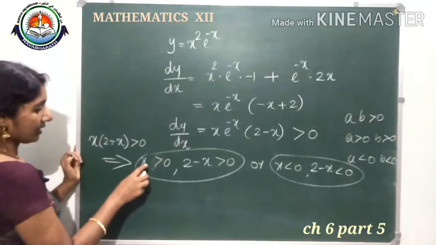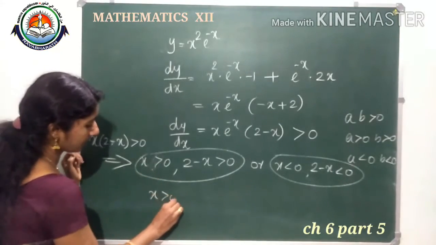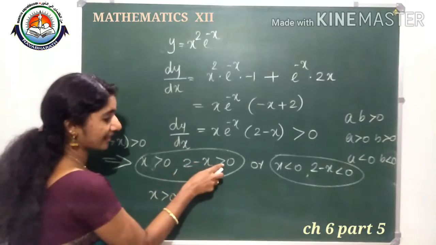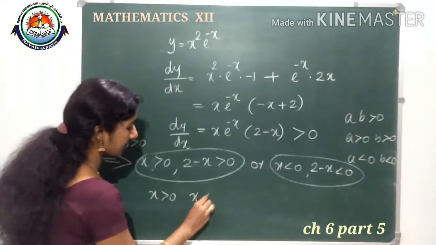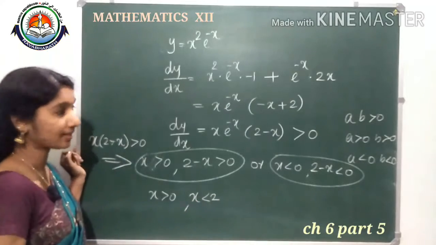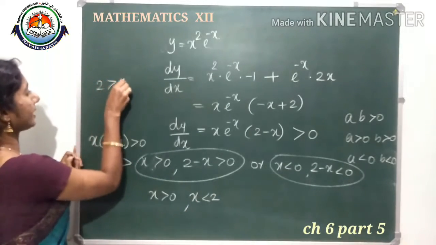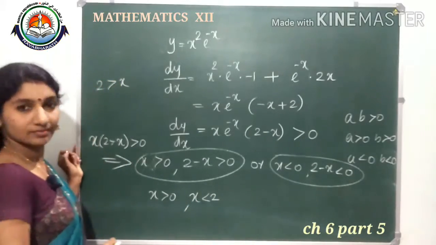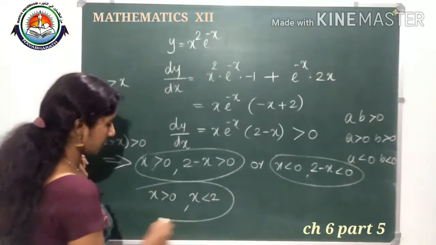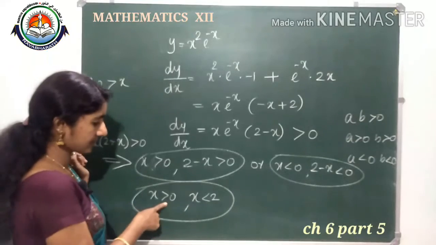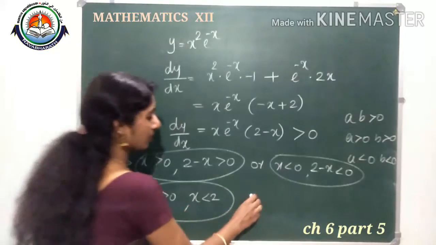Okay. X greater than 0 and here 2 minus x greater than 0 means 2 greater than x, that is x less than 2. 2 greater than x means x less than 2. Okay. So, x less than 2. We got one condition like this, x greater than 0 and x less than 2,